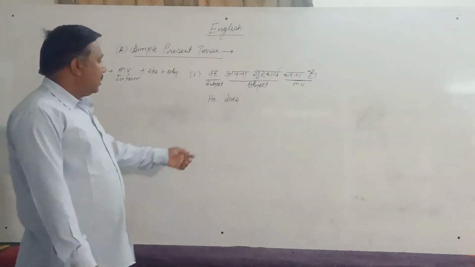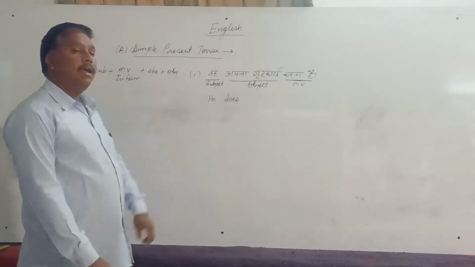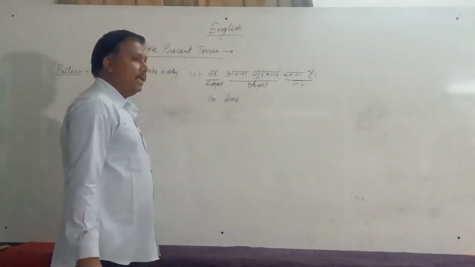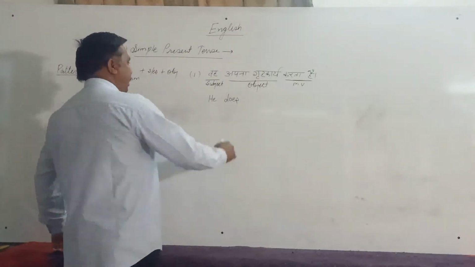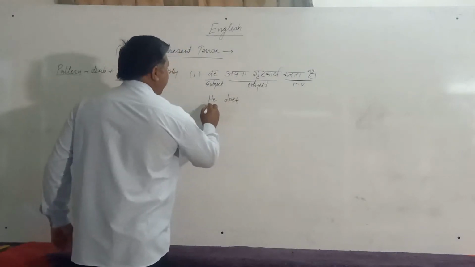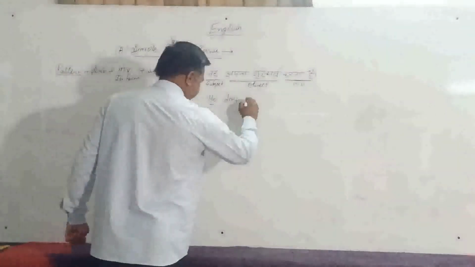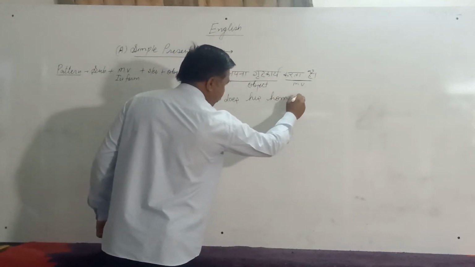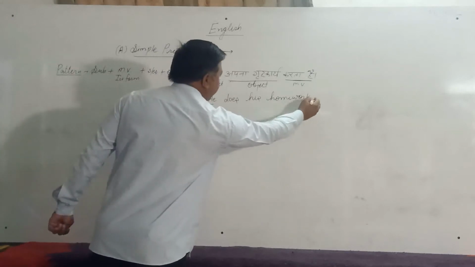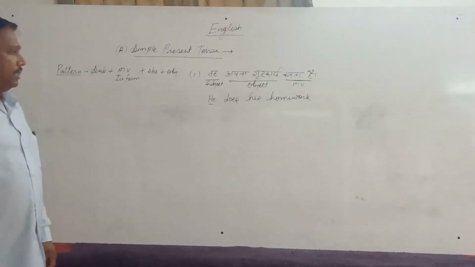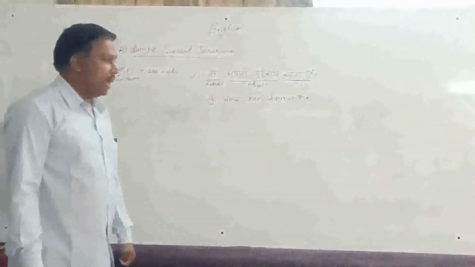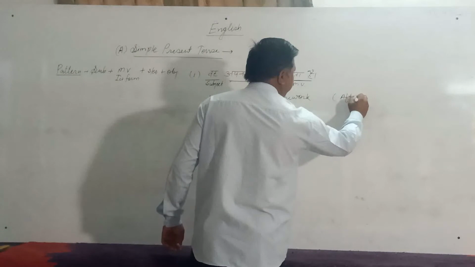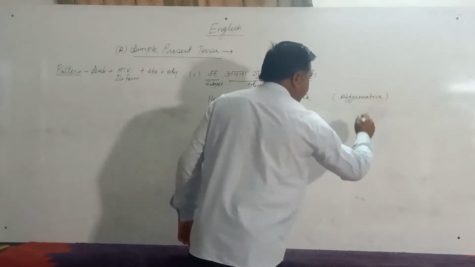Clear? So the next thing is object, and our object is अपना गृह कार्य. And the spelling of अपना गृह कार्य, according to he, we have to apply his, and गृह कार्य means homework, and then put here full stop. This is our affirmative sentence. We have to write here against each sentence the type of sentence. This is affirmative sentence.